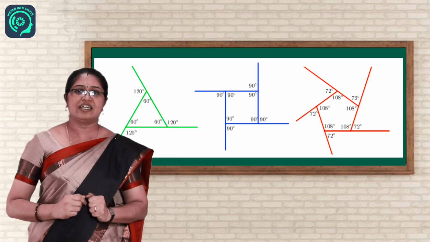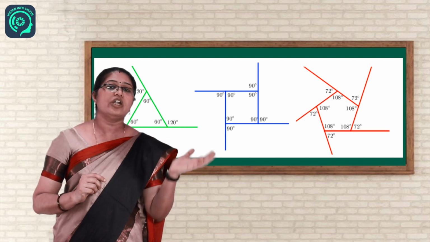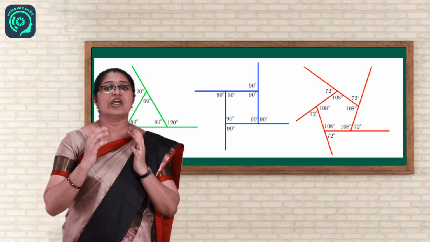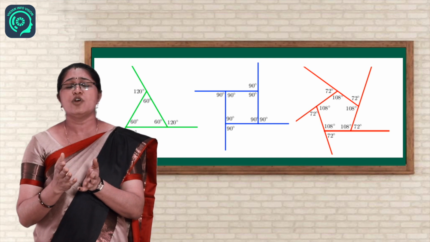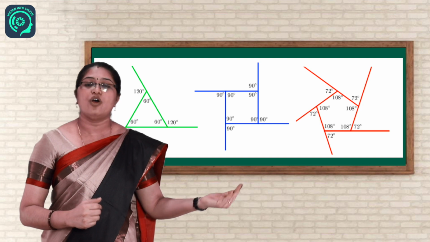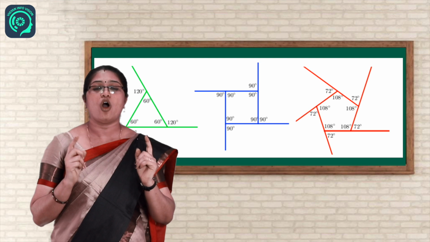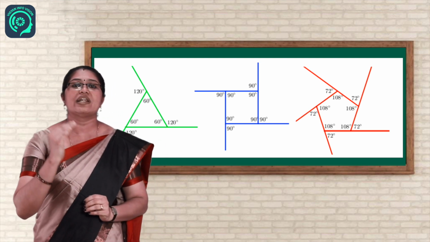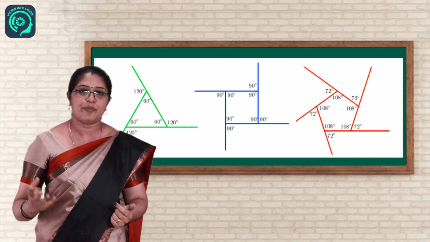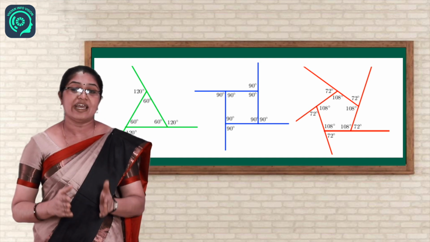Yes, for a pentagon, it is 108 degree inside. Okay, so what about the exterior? It will be 72 degree. So 5 times 72, you are getting again 360 degree. So from this, what do you understand? Though it is a triangle or a square or a pentagon, if it is regular or irregular, when you are adding all the exterior angles together, you will get the total as 360.